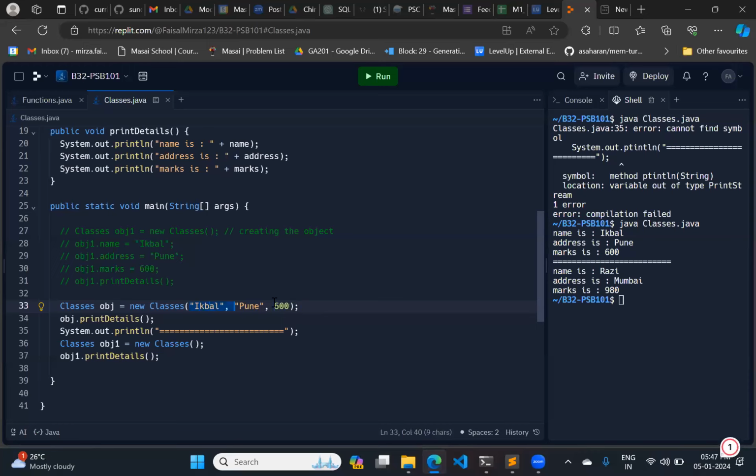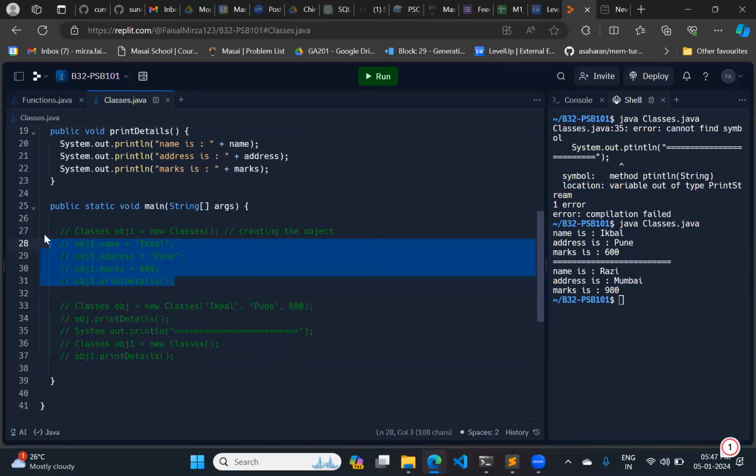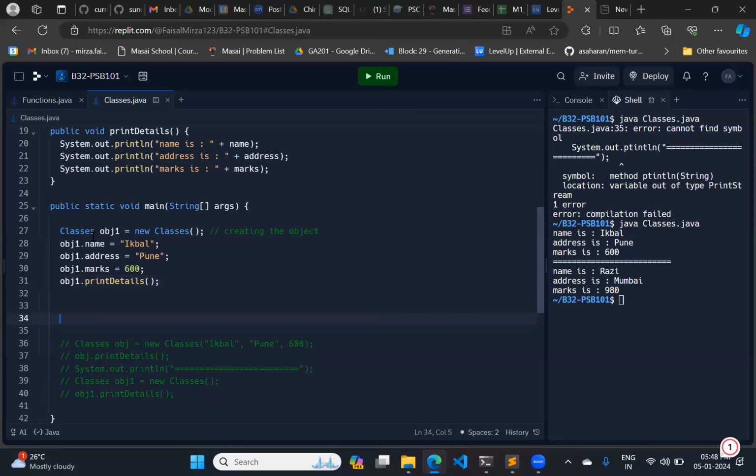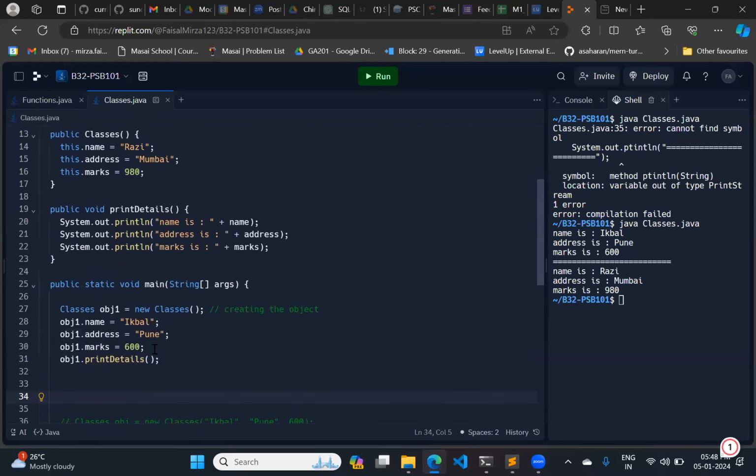If you use the parameterized constructor, it means we cannot validate at that time. So you need to validate at the same time. First, you need to take the values from the user and just validate. Or if you use the zero argument constructor, like in this example, concentrate on this example. So you are using dot name, right? So directly you are setting the values, but in order to add validation, we have a method known as